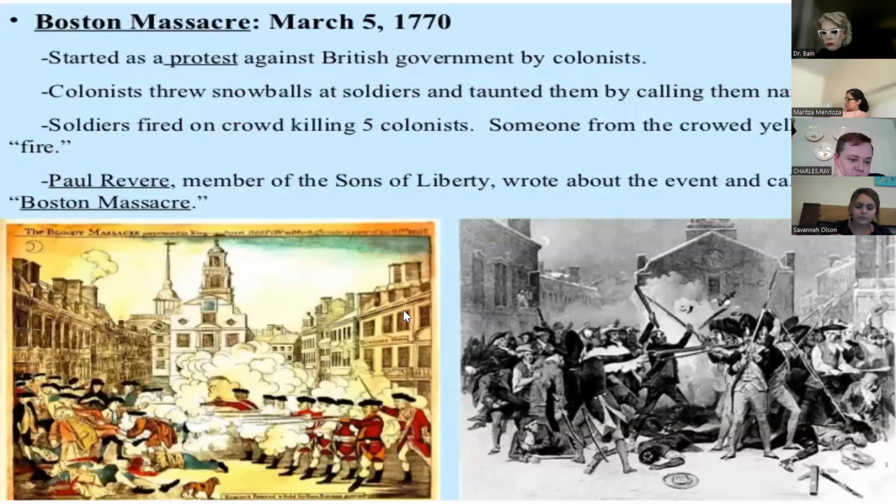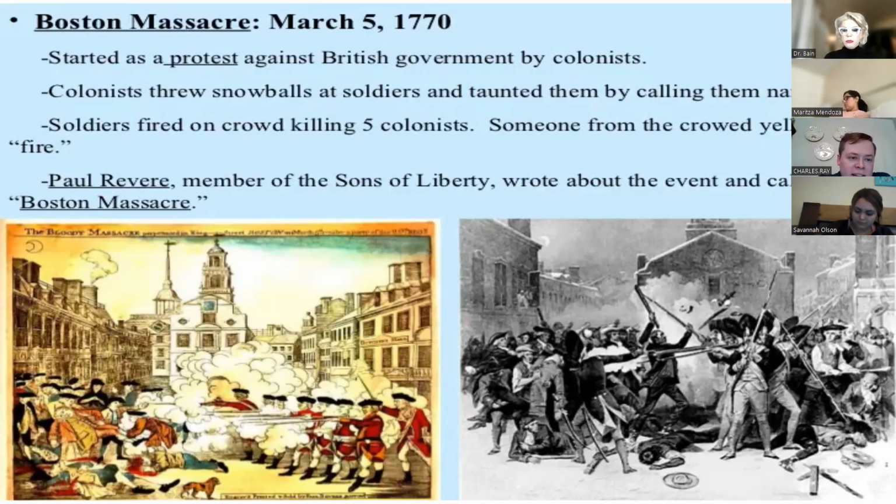So then we get into where things get extremely bloody, or begin to get bloody at least. So as we go on, they are passing other little acts here and there to keep trying to get cash out. And the colonists are still very, very angry. In Boston, in early March in 1770, a protest starts at the customs house. Basically, what's going on is there's a young soldier out there who is technically a sentry. He starts getting harassed by a big group. This guy, I'll bet you, is probably in his late teens. He's a very young man, probably just from the old country. Not exactly too frightening by himself.